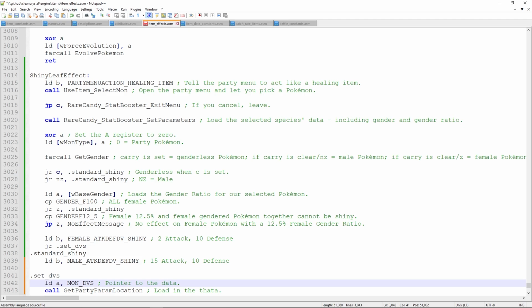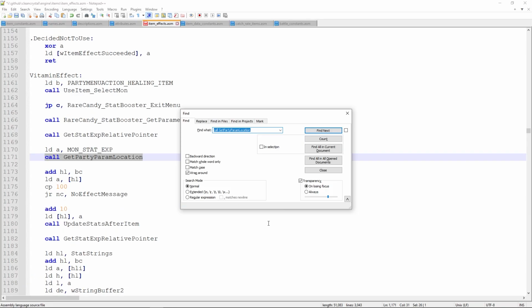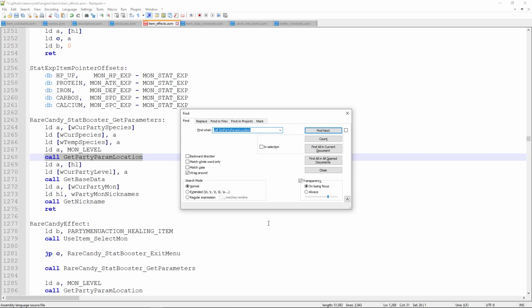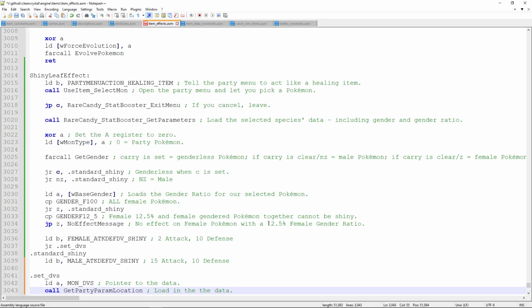data. If we take a look at where it's used elsewhere in item effects, it's used for checking the Pokemon's item against the Everstone to make sure that you can't evolve with an Evo Stone. It's used for stat experience in vitamins. It's used to update the stats after using an item for things like your maximum HP. It's used to compare your Pokemon's level to make sure that A, you're not going to go too high over, and B, to make sure you increment the right thing. It's used all over the place in the item effects, and we're using it here to point to our Pokemon's